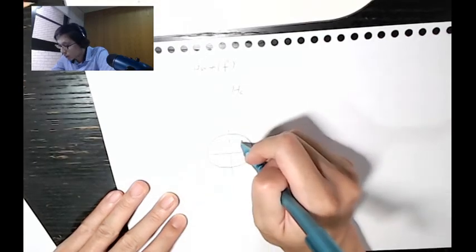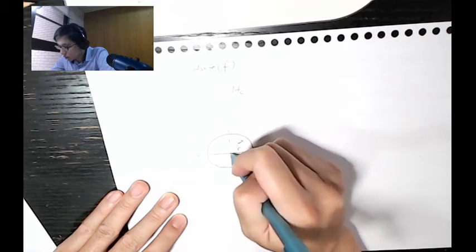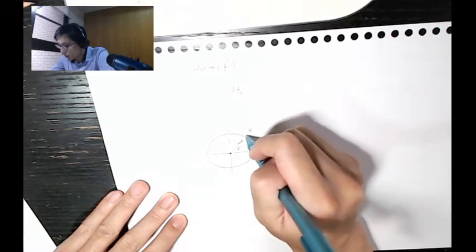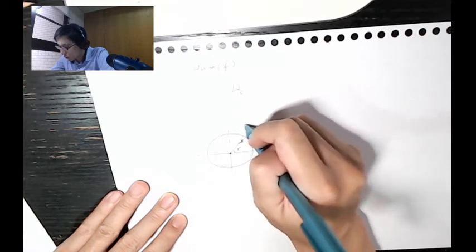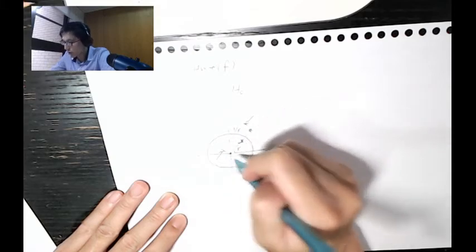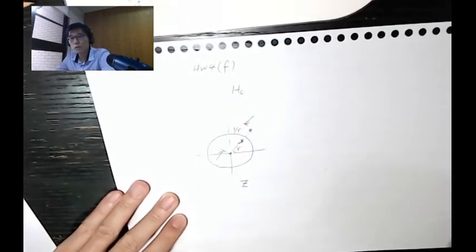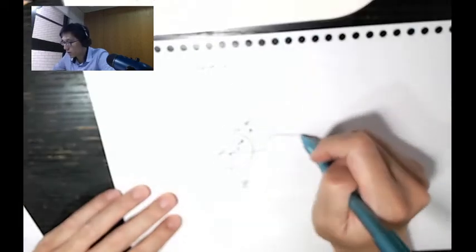So let's say we have 1 pole inside the unit circle, which is r away from the origin, and then you need to place a zero outside, at the same frequency, same angle, but 1 over r away from the origin. And this is the z domain we're talking about. In homework number 4, we wanted to convince ourselves that the group delay of an all-pass system is always negative.